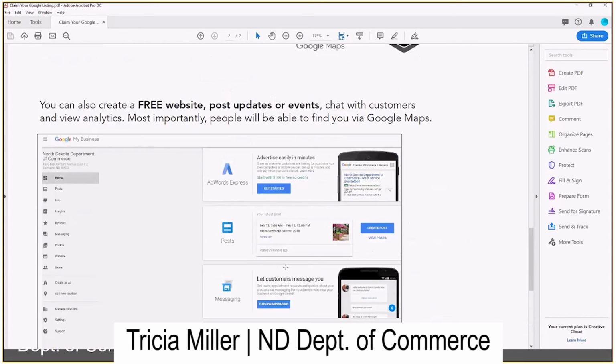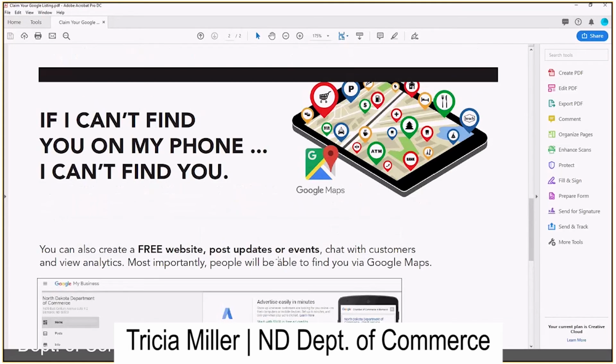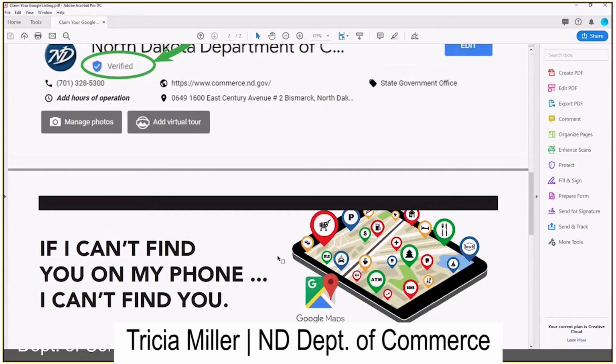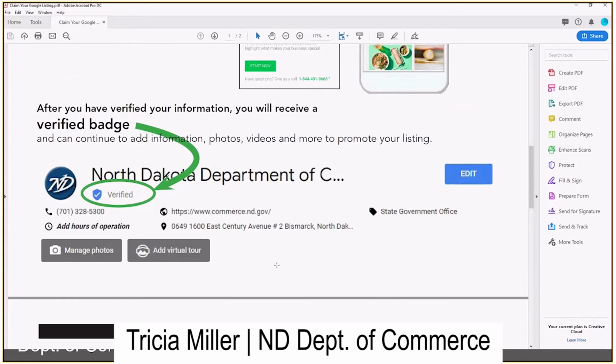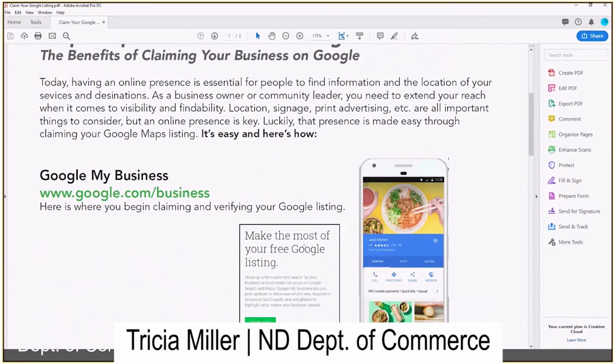You can go out and take care of this, and an easy step is just to begin to find out if you are or not claimed. So we'll make sure that this gets shared, like Emily mentioned, and if you have any questions on how to get started with some of this and verifying your identity out here on Google, I think Mike could probably assist with some of that, and we have people in our office that could assist you with that.